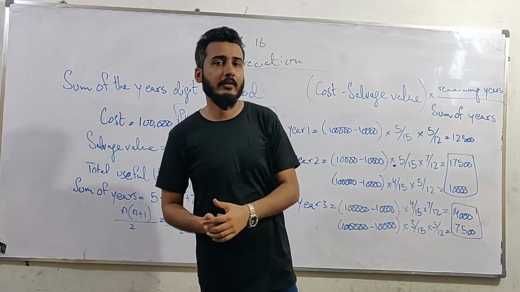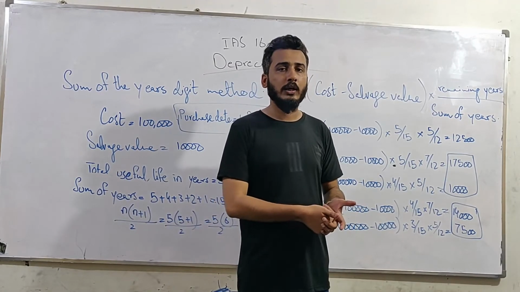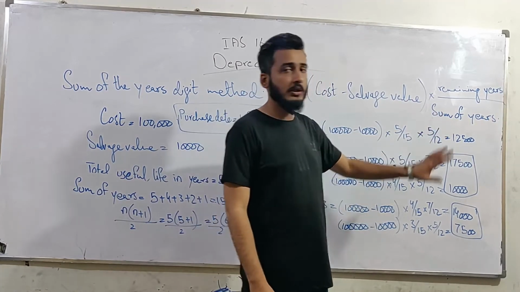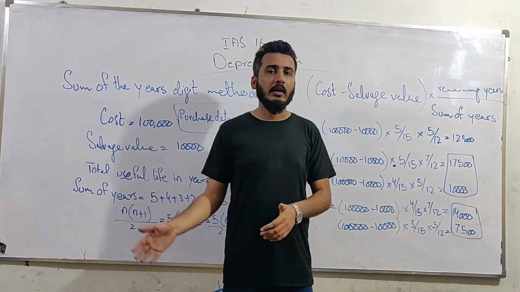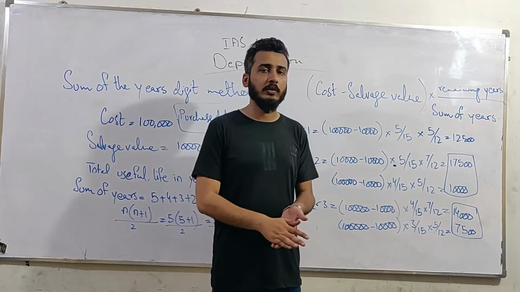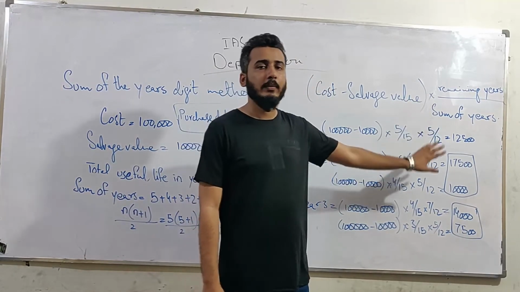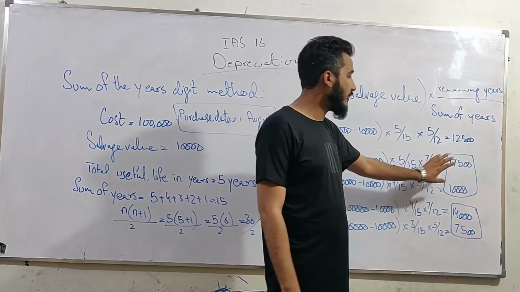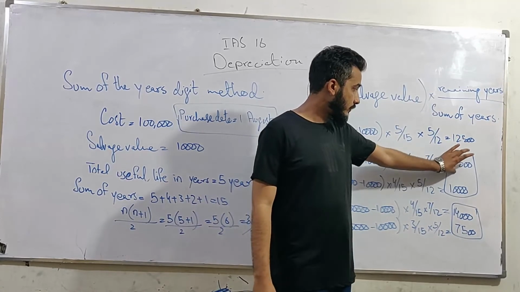Now, one question can arise: why haven't we deducted this with 12 over 12 for the whole year? Because we purchased the machine on 1st August. That is why we only had 5 months in the last year. That's why we didn't do it with the whole of the 12 months. Therefore, we will borrow the remaining 7 months from this year and multiply by 7 and divide by 12. So we will have the depreciation from this factor as